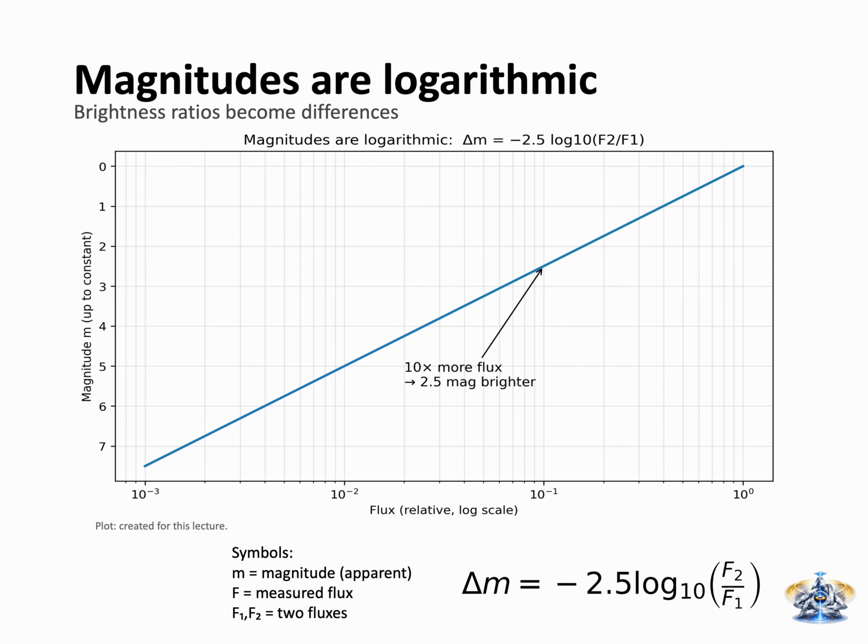Alright, magnitudes. This is the astronomer's way of making brightness manageable. Space gives us absurd brightness ranges. Some objects are so bright that they blow out your detector, and others are so faint you need long exposures just to notice they exist. If we used a normal linear scale, most graphs would be useless. So astronomy uses a logarithmic brightness scale, same idea as decibels in sound.